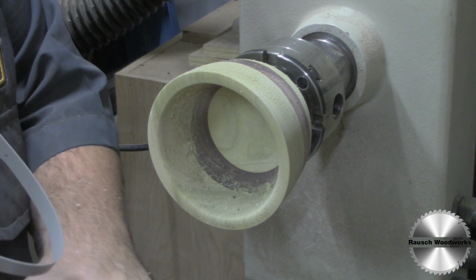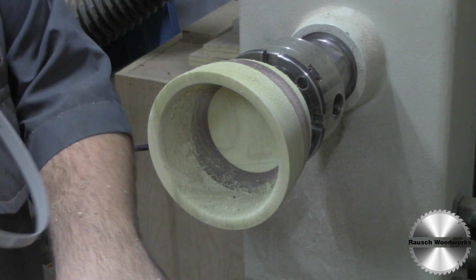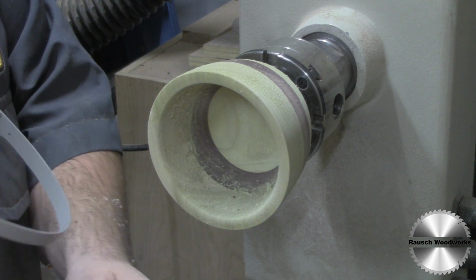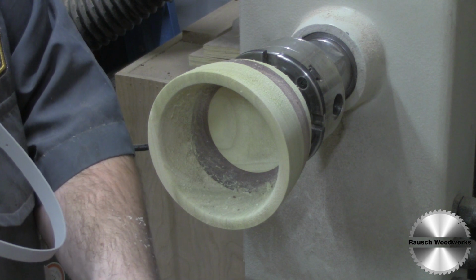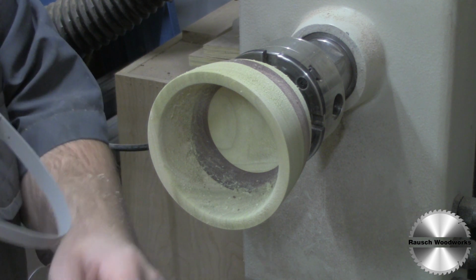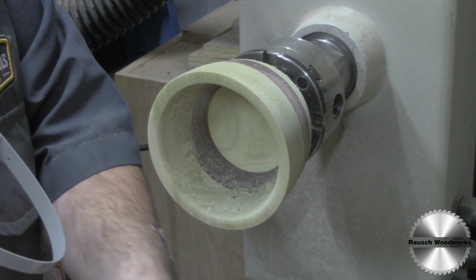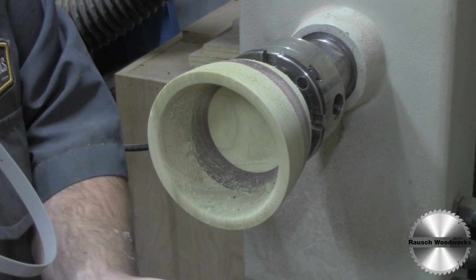He bought some of this and he said he really likes it. And what's neat about it, it's a mesh, a sanding mesh. It's got a loop side on the back so you can put it on a sanding block or something, and then you've got, of course, an abrasive side. And what's neat about this stuff is when it loads up with sawdust, you just kind of beat it a little bit, and it will usually clear out,